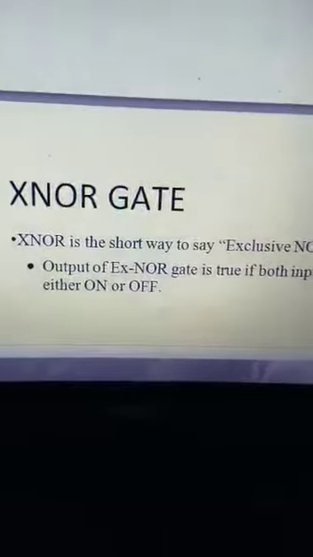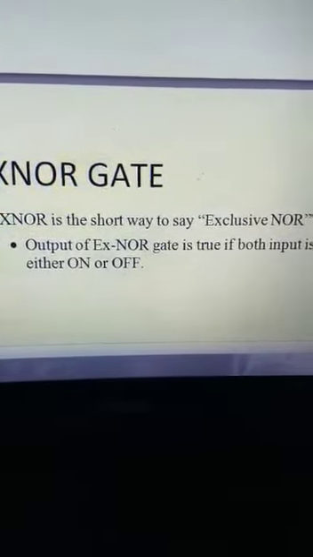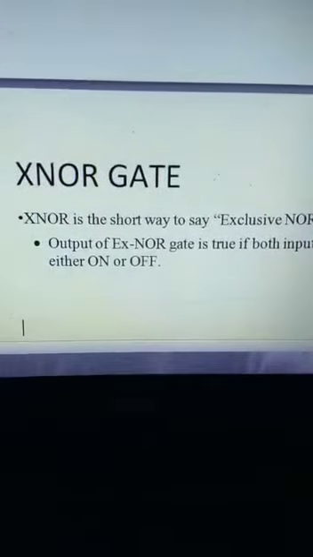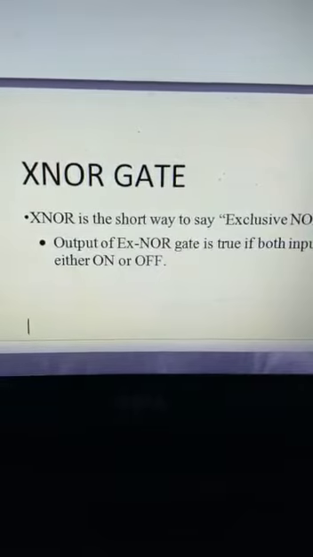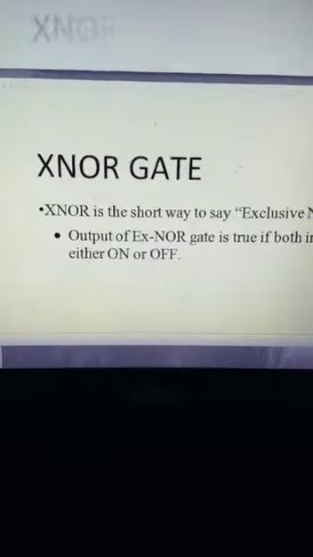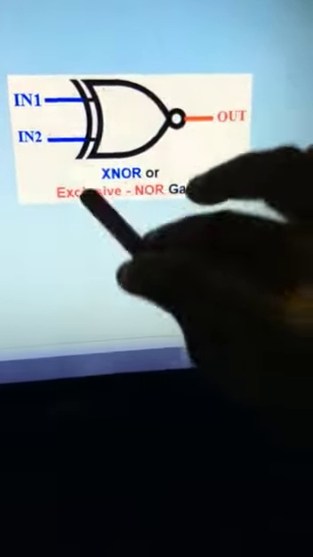Next is the XNOR gate. It is called the exclusive NOR gate. Its Boolean expression is just the opposite of this. The XOR gate has the expression A XOR B or A bar B plus A B bar. But here we have to use another inverter, a NOT gate. So we will find the complement of the XOR gate, and the complement of the XOR gate is called the XNOR gate. See, up to this is the XOR gate symbol. Here a bubble is there. This bubble shows the implementation of the NOT gate. So that's why it becomes the XNOR gate.